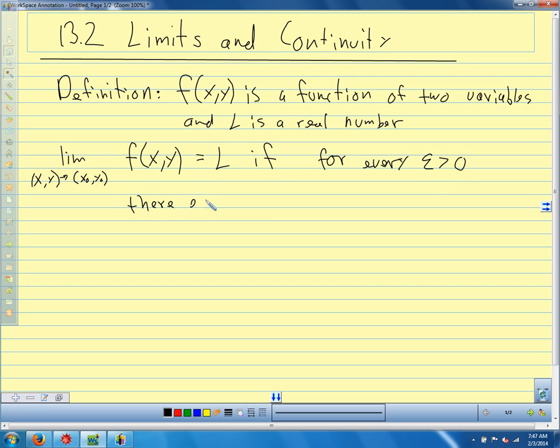Sound familiar? There exists a delta greater than 0 such that,